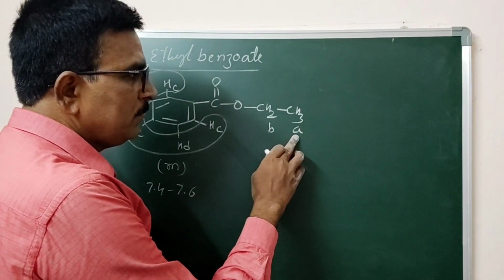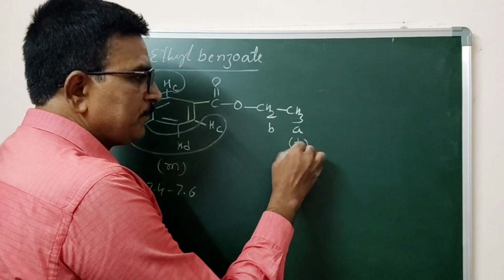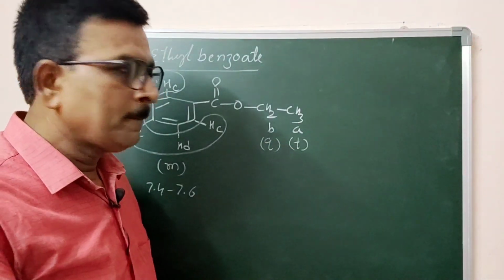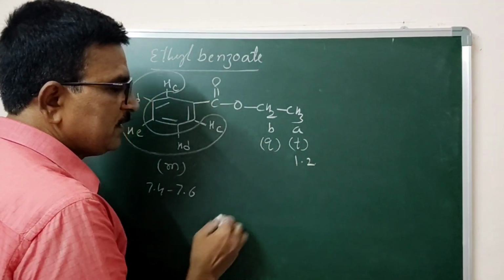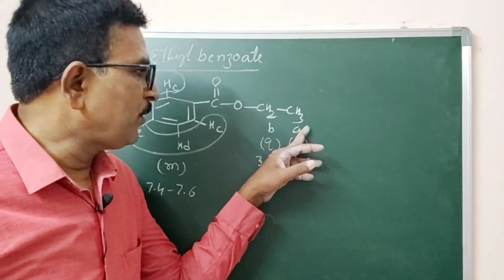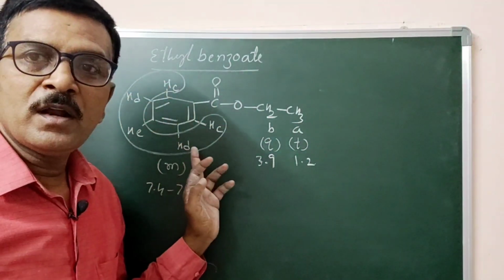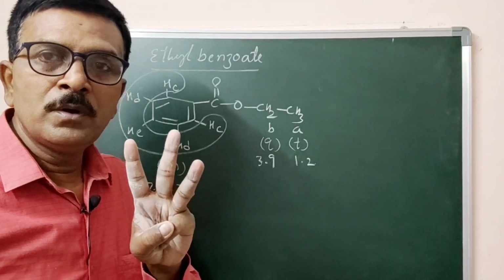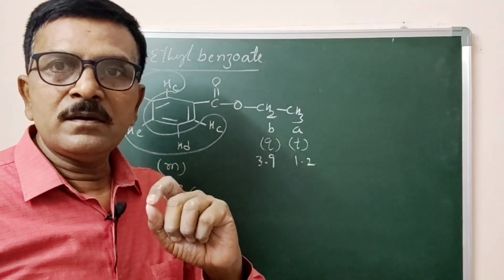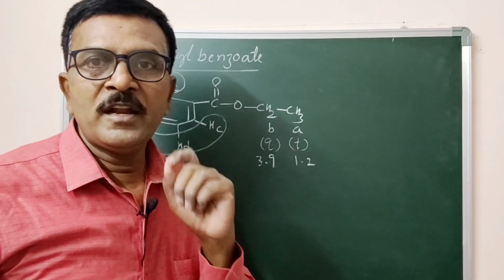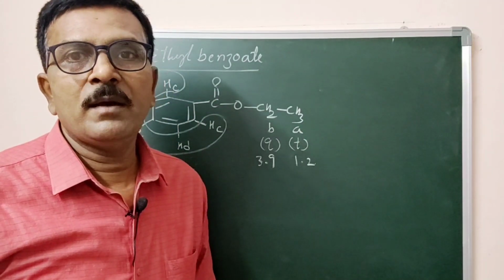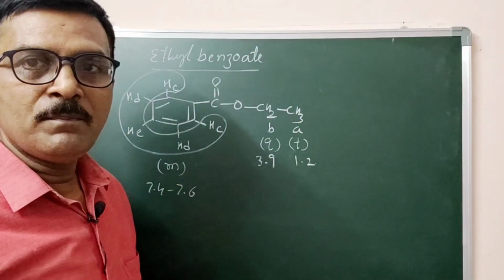Now the CH3 proton has 2 adjacent, hence a triplet. The CH2 proton has 3 adjacent, hence it has quartet multiplicity. The values are 1.2 for CH3 and 3.9 for CH2 proton. So A proton, B proton, and aromatic protons lying under 3 groups C, D and E: 2 ortho, 2 meta, 1 para. But because of the low frequency difference between ortho, meta and para protons, although they are non-equivalent, their multiplicities overlap, hence we could consider it as a multiplet.